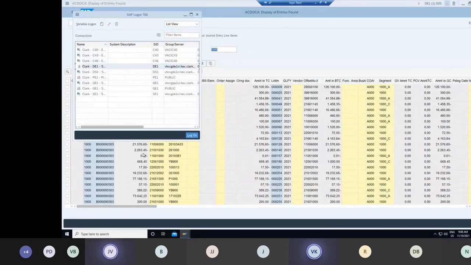They might try to confuse you in an interview by asking how many production systems you will have. You should always say we'll have only one production system, because you cannot have multiple production systems. You might have multiple quality systems, multiple development systems, but the production system will always be one.